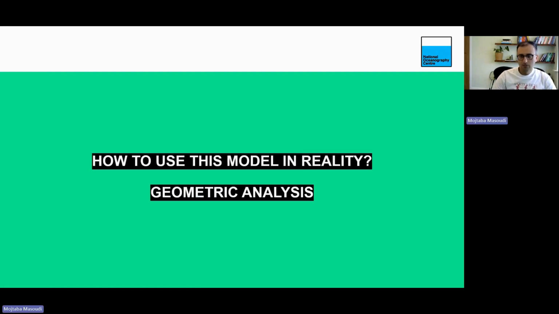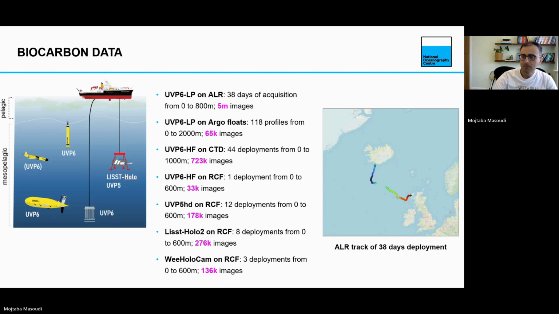Okay, so here is how we can use this model in reality. We did the model development, and now we wanted to use it in the real world on the data we're capturing. So this is where the idea of the geometric analysis comes in. To give you an example about